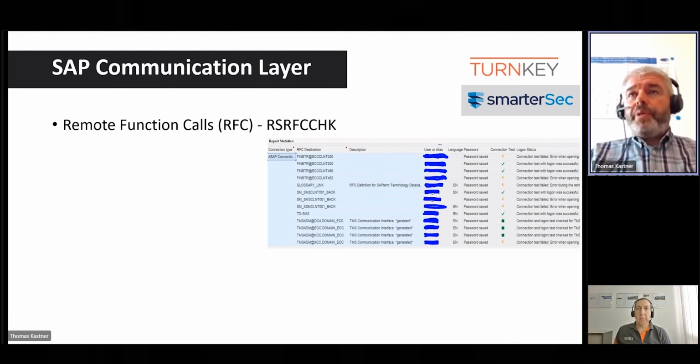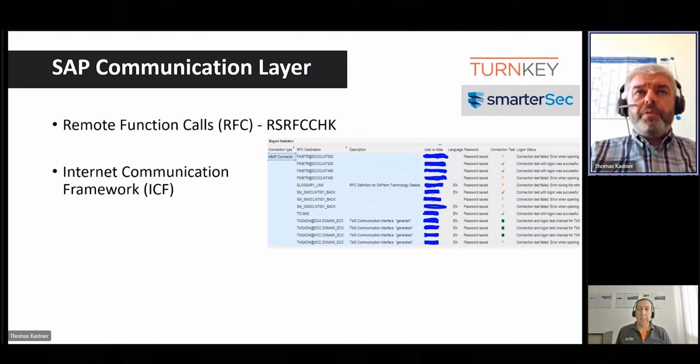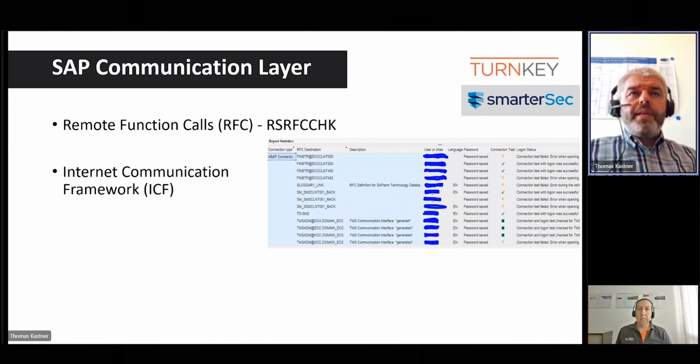So you have all the ways to double check and then take countermeasures for vulnerable RFC connections. Another big spot is the so-called ICF, the Internet Communication Framework, or ICM, Internet Communication Manager.